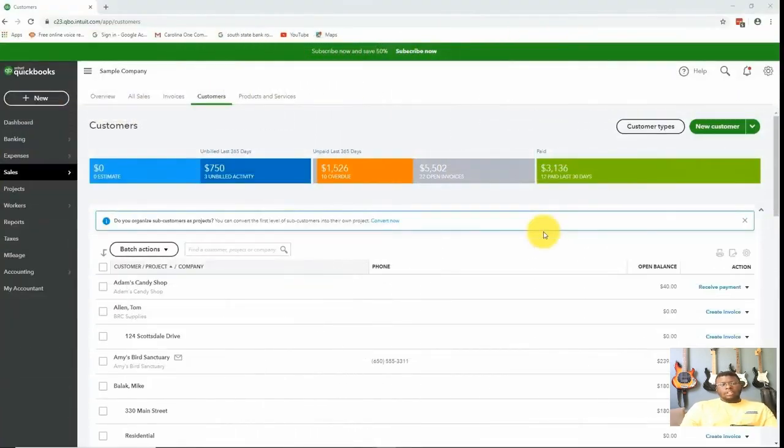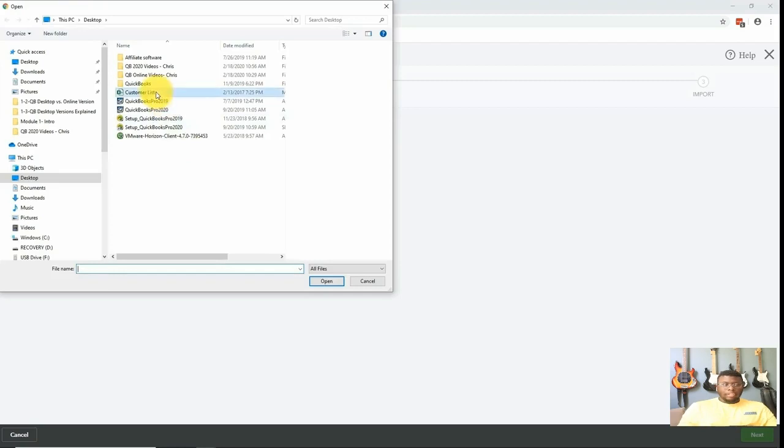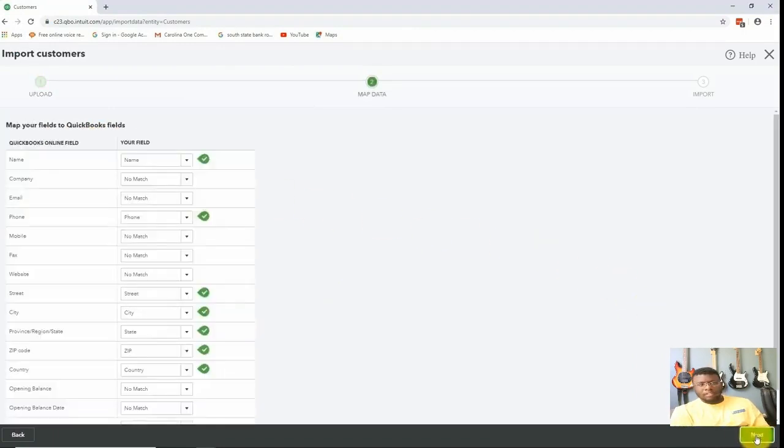So let me go ahead and flip over to QuickBooks, and we'll put in John, Ellen, and Doris. So all you need to do is make sure you're on the customer list and go up to the down arrow next to the new customer, and choose import customers. Now here's where you're going to select the Excel or CSV file that you currently have your customers in. So in this case, mine is called customer list, and I'll just choose that,